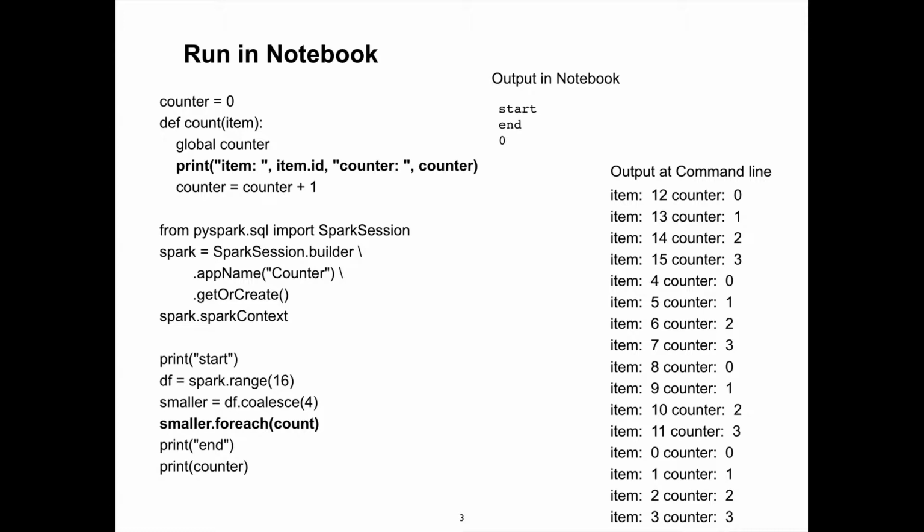So the worker nodes are not running the program from top to bottom. If they did, we would just do the exact same thing and get the exact same answer from all the worker nodes, and what's the point? I mean, why do the same thing identically? So it's not until we do this for each that the worker nodes are doing something. So it's important to keep this in mind, and the notebook is sort of hiding that from us. It's just like, oh, I just run the code and it all works.